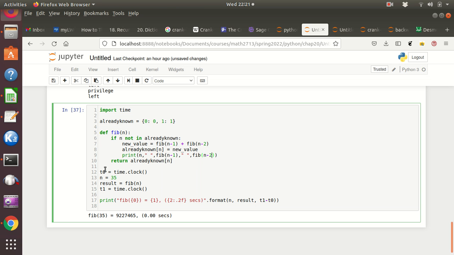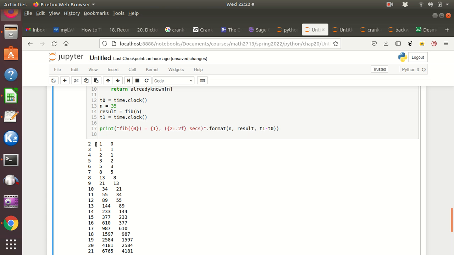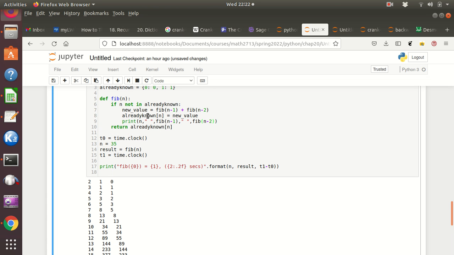So there we have n, and we're going to start with 35. Then this will be 35. That's definitely not in there. So what's going to print? Is it going to start with 35? Well, it's going to print a lot of stuff. Well, let's run it and see what happens. So it started at n equal 35,